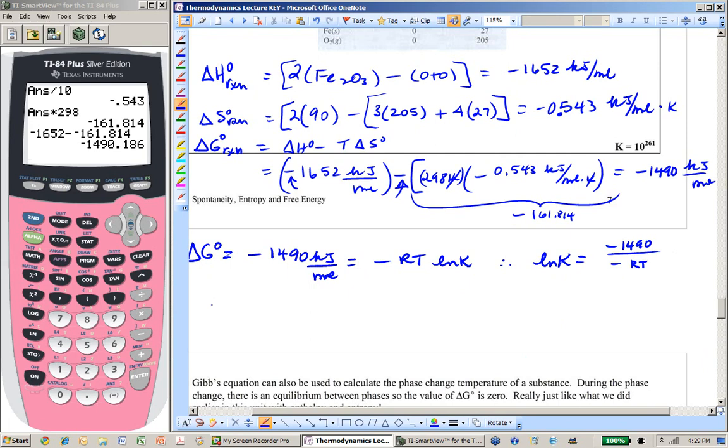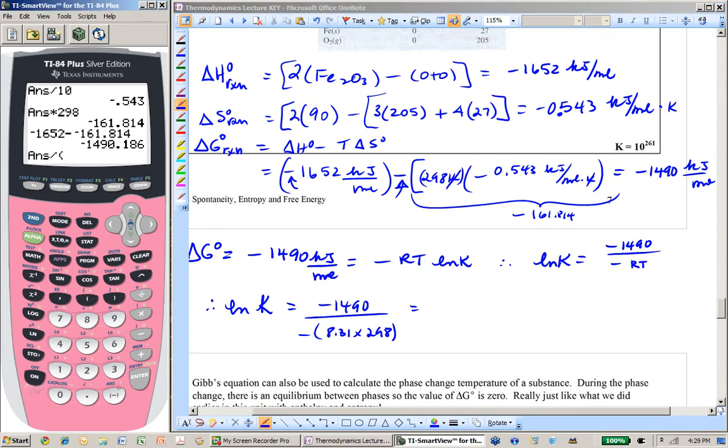All right, so therefore ln K equals negative 1490 divided by, open a paren, negative 8.31 times 298, equals